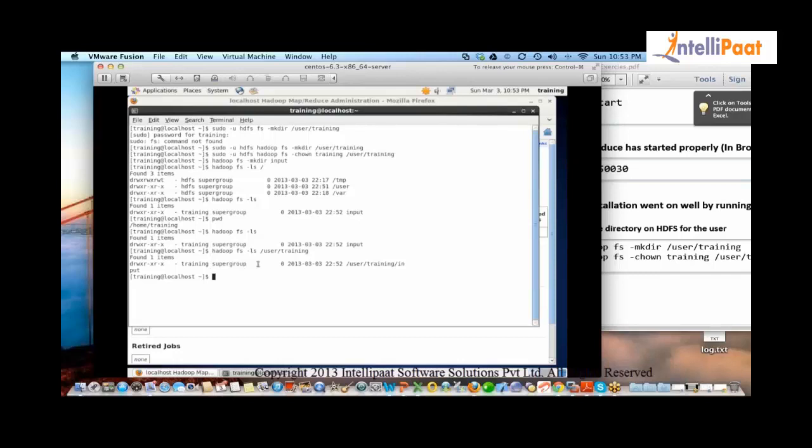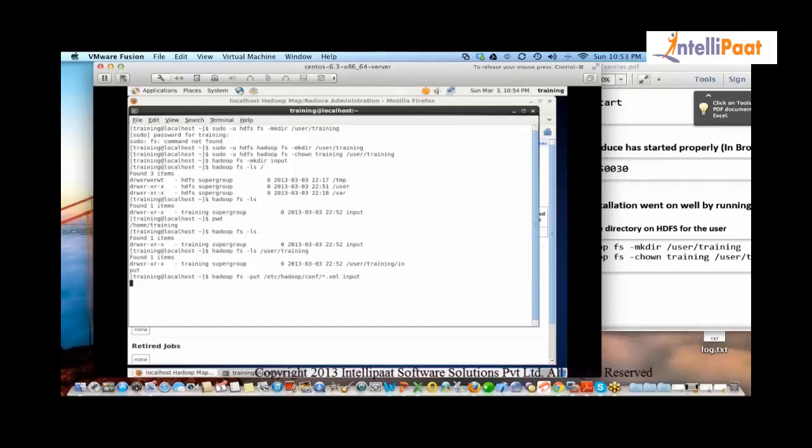But before that, you need to give some input data also, right? So what we are doing is we are putting some data from outside. So I am right now putting some data from the local box to Hadoop. So see, what I'm doing is hadoop fs -put from my local box, that is the etc hadoop conf folder, all the XML files that are there, and I want to push them to the input directory. So my source is etc hadoop conf star.xml, all the XML files in this path, and push it to input.